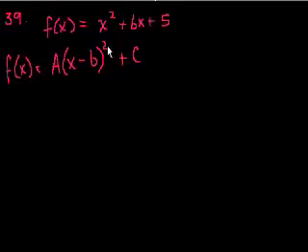Because if you look at this form of a parabola, and you can write any of these in this form, then you say, okay, this term right here is always going to be positive. So the minimum point of this parabola is when this term is equal to 0. And the minimum point of this term happens when x is equal to b, when this term is equal to 0. Right? And so the vertex becomes b comma c. So let's do that with this. And you could memorize it. I mean, it ends up being minus b over 2a, but let's just actually solve it